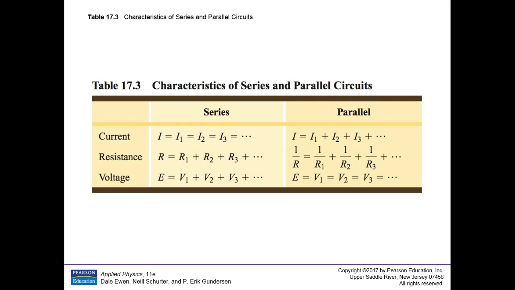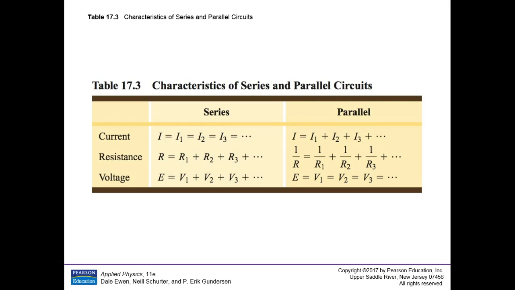So the last slide is sort of a summary table you'll find at the top of page 482. Okay? Just a general summary table for characteristics of both series and parallel circuits. Remember, a series circuit is where the same current flows through every device. So the current through device 1, 2, 3, I1, I2, I3, they're all the same because it's the same current making its way all the way around. In a series circuit, if the resistances are in series, you just add them. It's just like having one big resistor that's the sum of all those others.